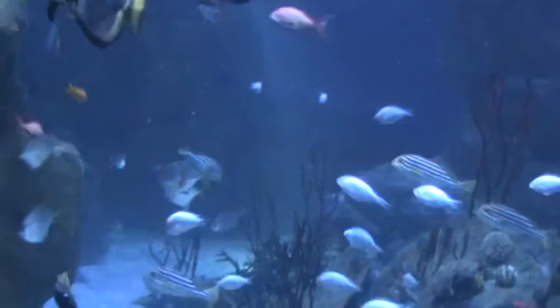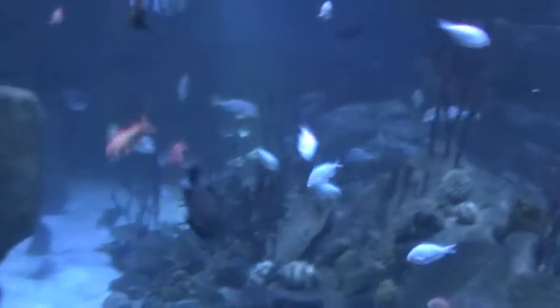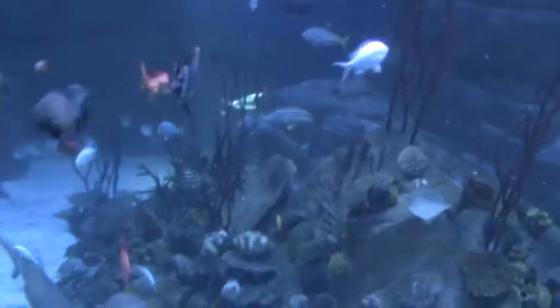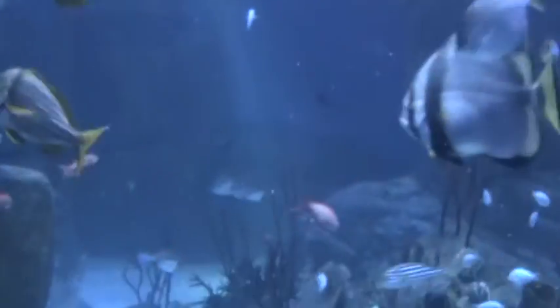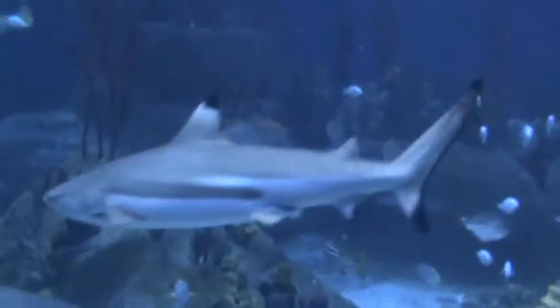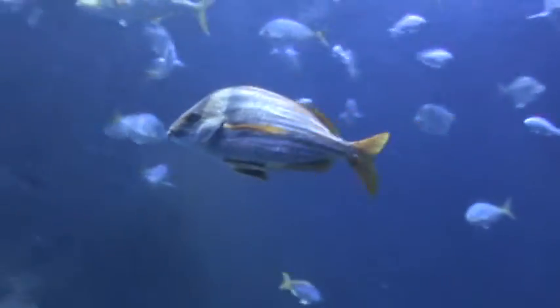Now, you may see her bouncing around against the rocks and swimming into things. And she has a few problems. She's blind in her left eye. She's partially sighted in her right eye. She has some buoyancy problems, which may be due to the fact that her shell is somewhat deformed, basically. If you look at her, she's got a kind of saddled shape to her shell. Now, that's not the shape it should be. It should be a lot more rounded. She's also got quite a lot of scarring and things like that. And unfortunately, to make everything worse, she's got epilepsy. So we have to look after her, give her some dog epilepsy medicine so she stays nice and healthy. Now, you can see all the fish